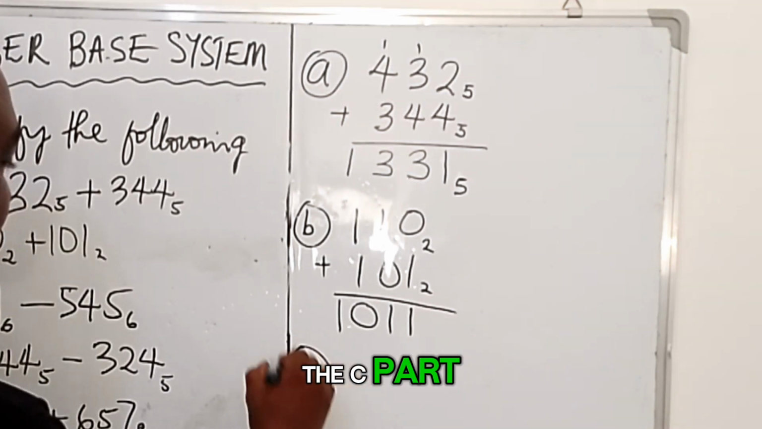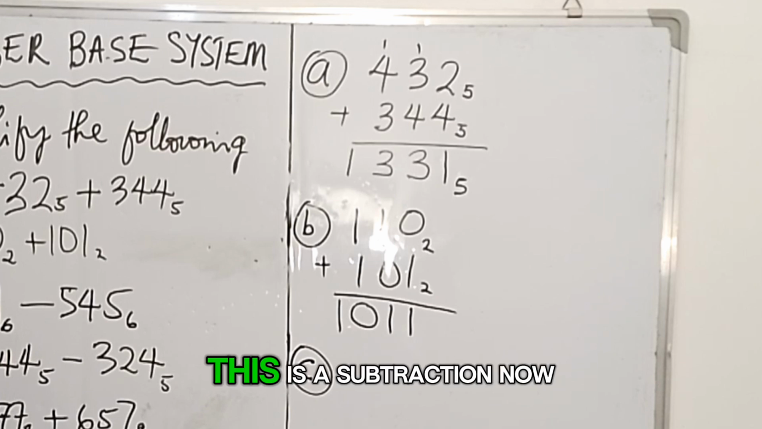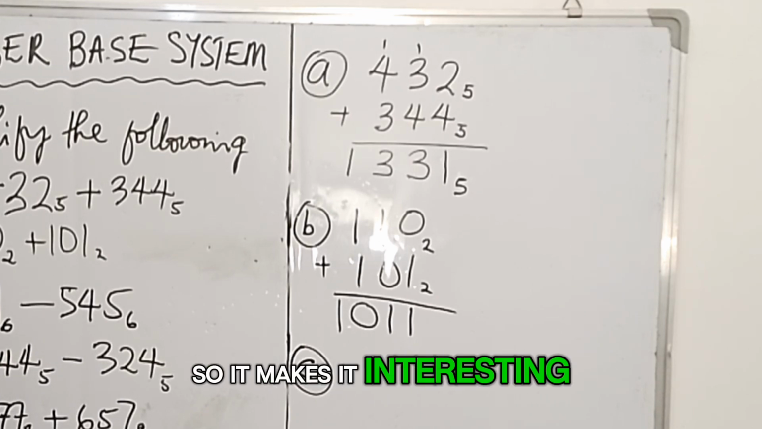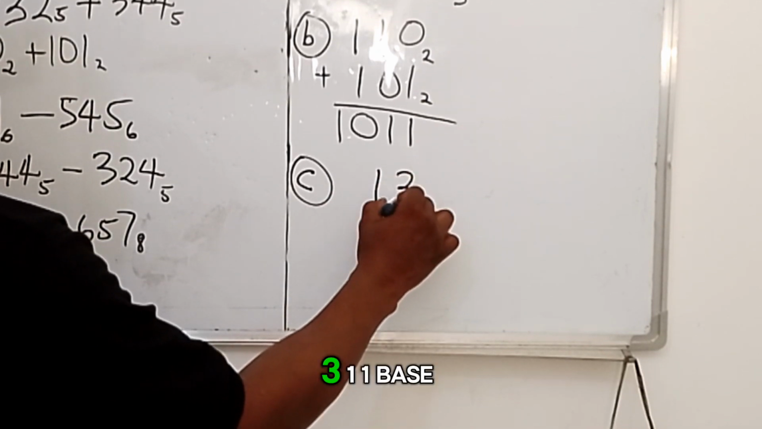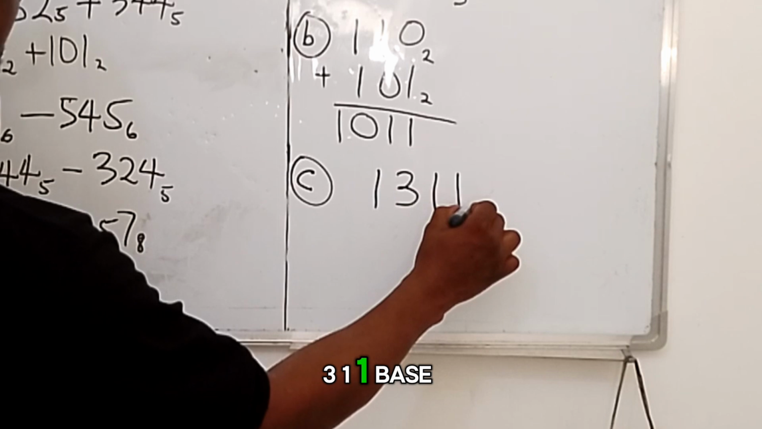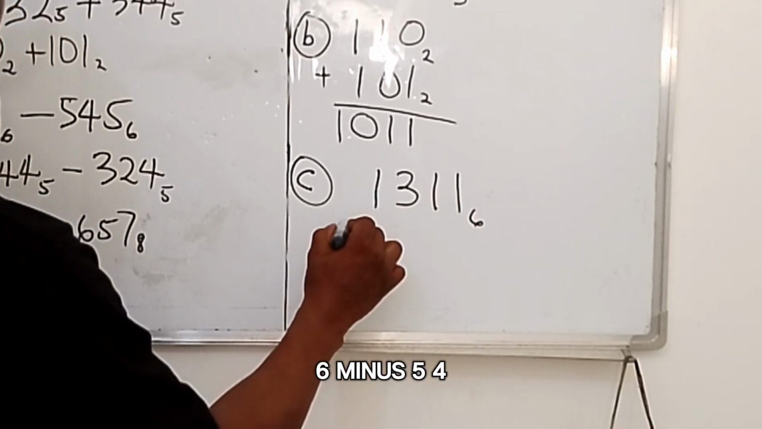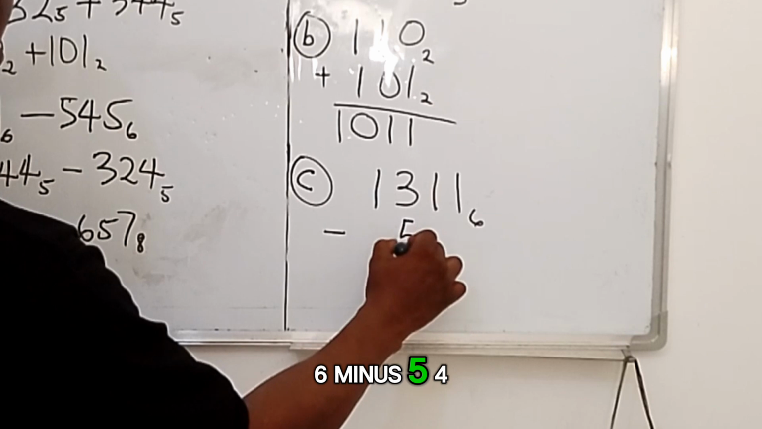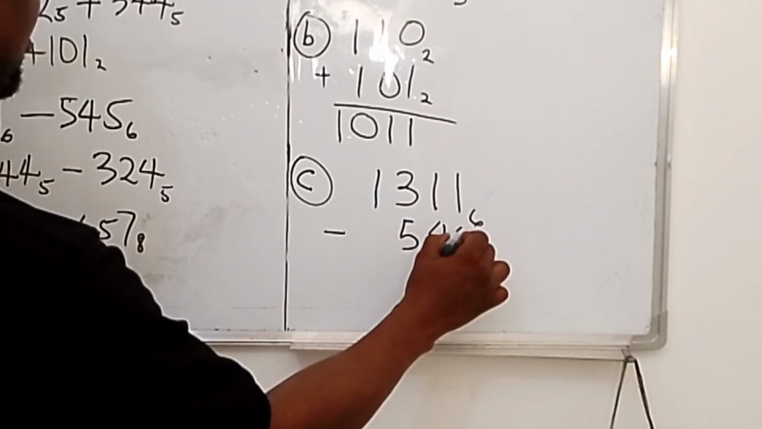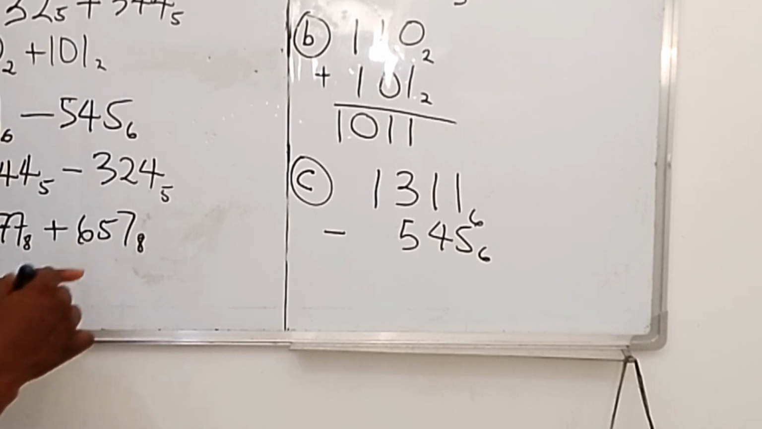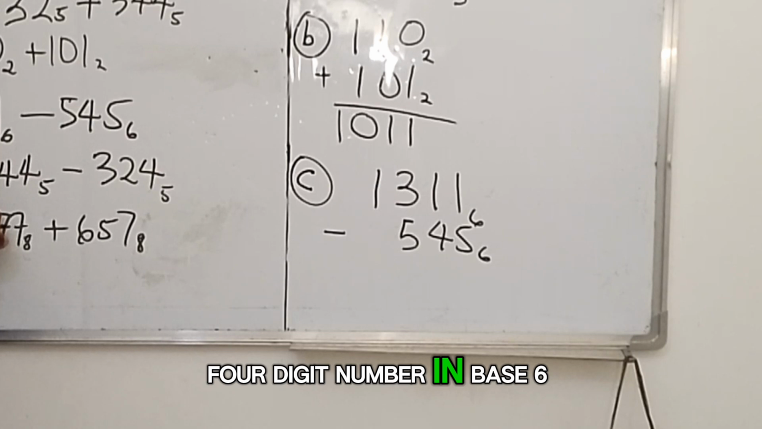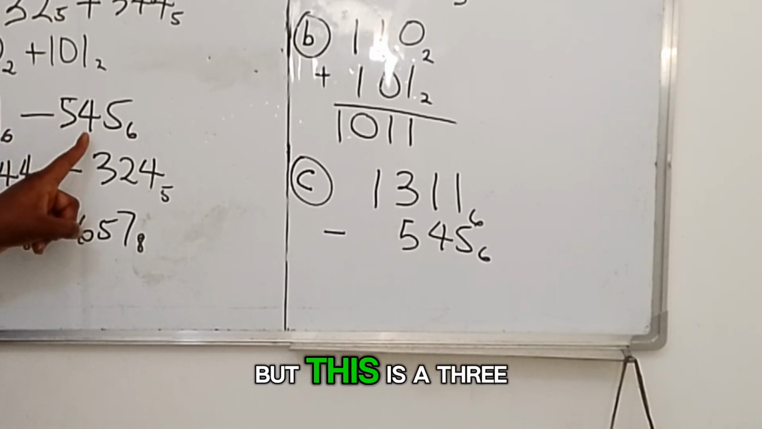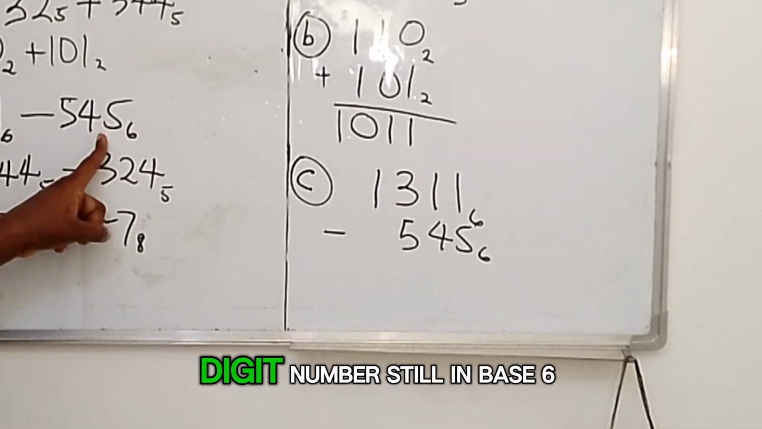The C part, this is a subtraction now, so it makes it interesting. So we have 1311 base 6 minus 545 base 6. Observe that this is a 4-digit number in base 6, but this is a 3-digit number still